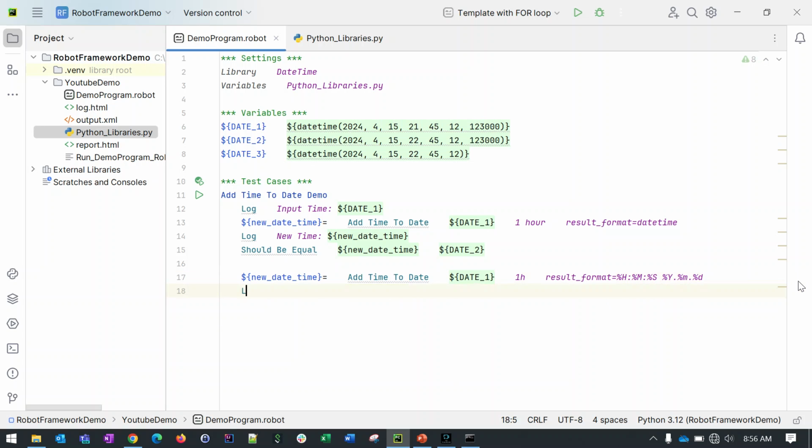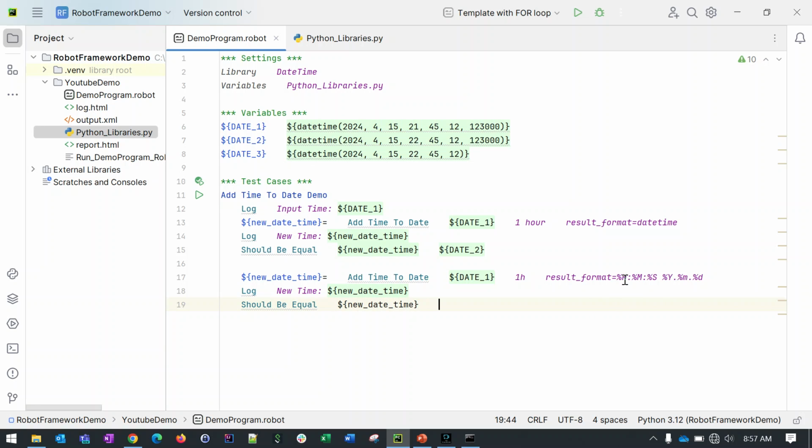Now let's log new time, new date and time. Okay, and it should be equal, that is a new date time is followed by,